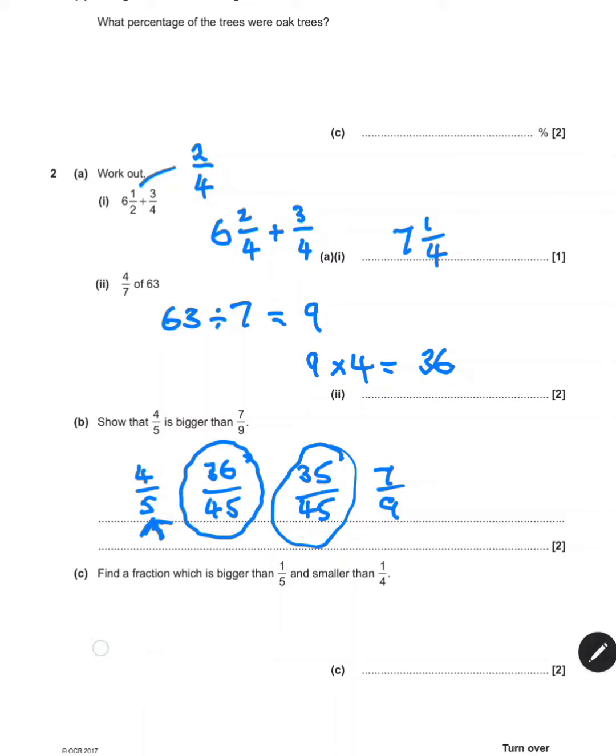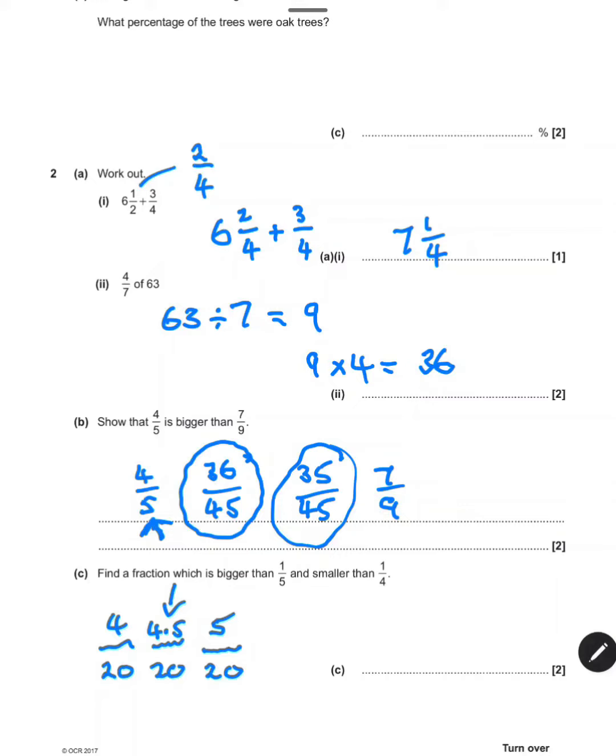But again, we might want to work in fractions with common denominators. If 5 4s are 20, we can change them both to 20ths. I times by 4, so I'm going to times by 4. I times by 5, so I'm going to times by 5. And when we're looking for a fraction that's bigger than this, but smaller than this, we really want the fraction in between. Now between 4 and 5 is 4.5